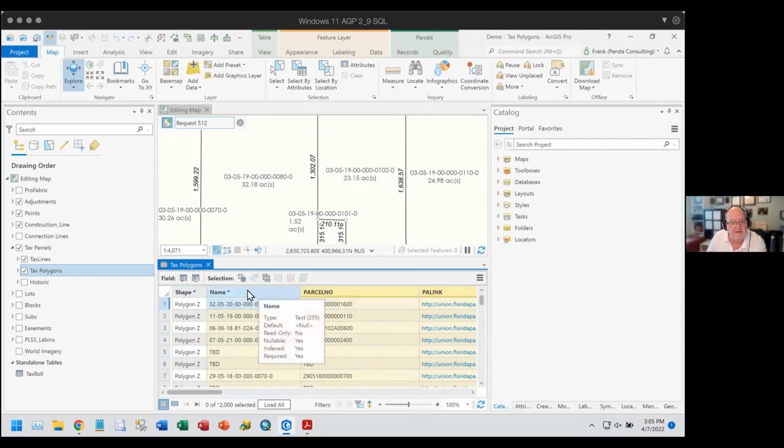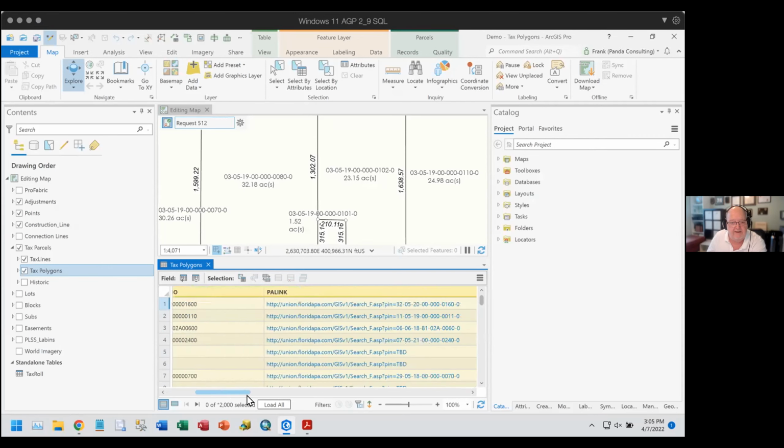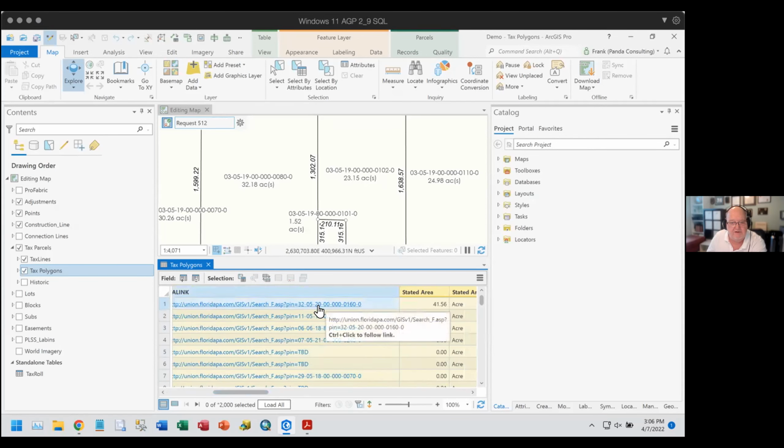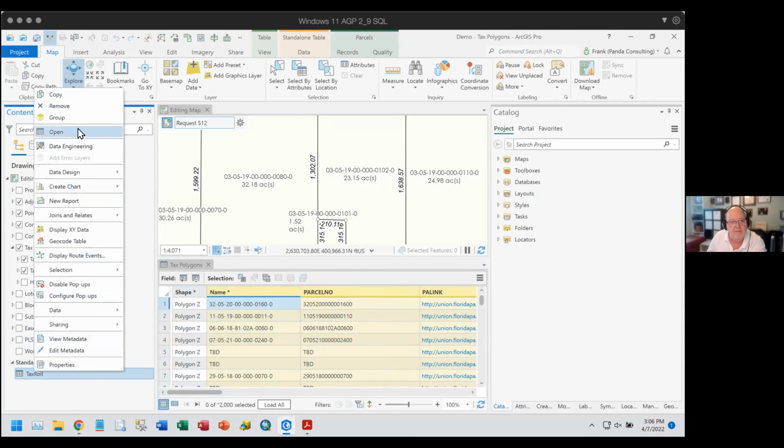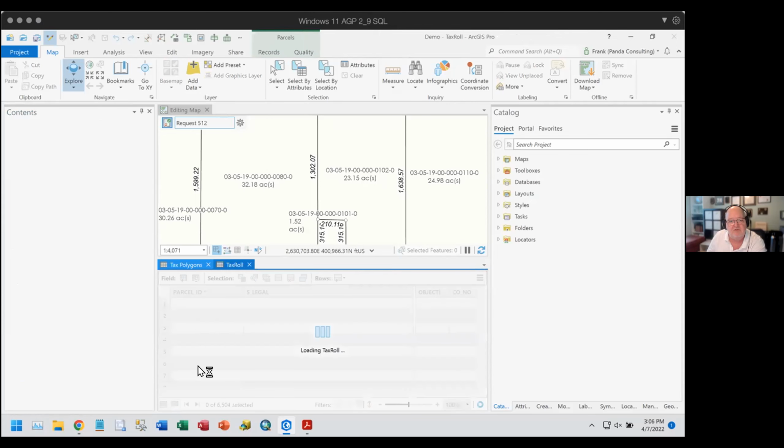And if you'll notice, the name field and the search field all have that same structure in that they have dashes between what is, in fact, the section, township, range, subdivision, block, and lot components of the tax parcel ID. And if we go to tax roll and open up a copy of their tax roll, we see in fact